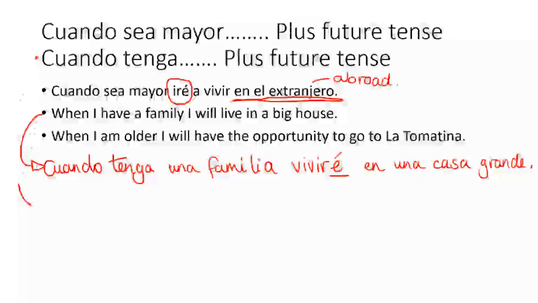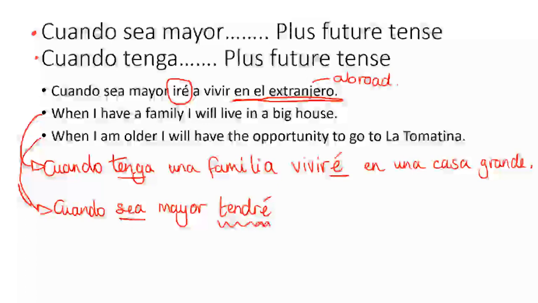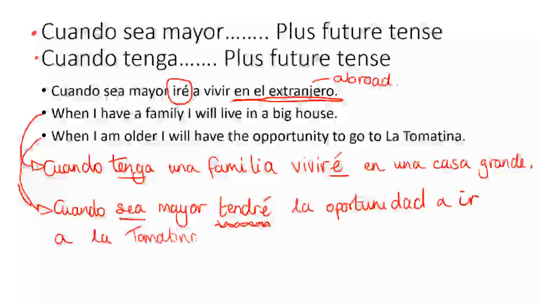Right, okay, here we go. I'm not holding my pen properly. So when I am older, I will have the opportunity to go to La Tomatina. So we're looking at the cuando sea mayor. So cuando sea, so this is again looking forward to the future, to uncertainties, which gives us the sea. So cuando sea mayor, when I am older, I will have the opportunity. So tendré, because that's an irregular future, isn't it? So tendré la oportunidad de ir, to go, a la Tomatina. Okay? So I hope you got on okay with those, but remember that you're using cuando tenga plus future